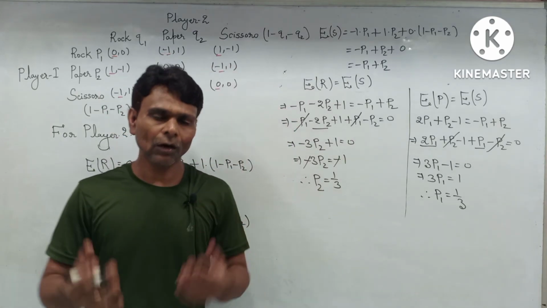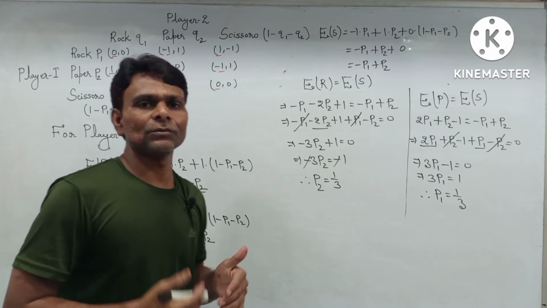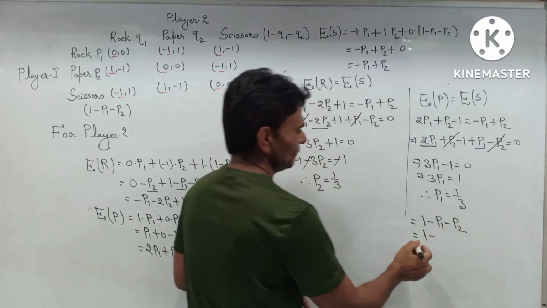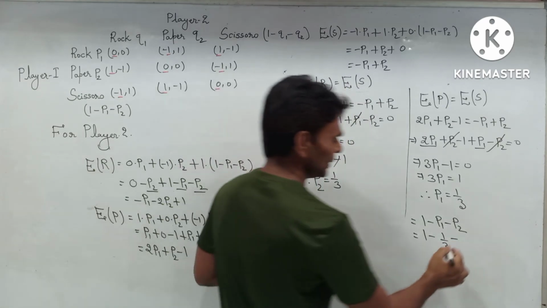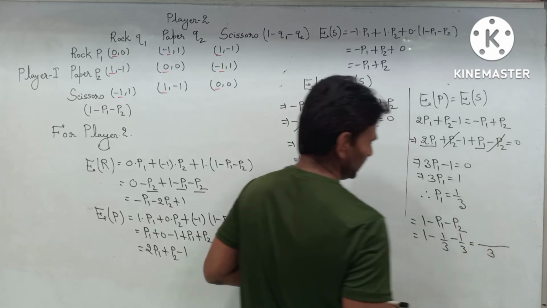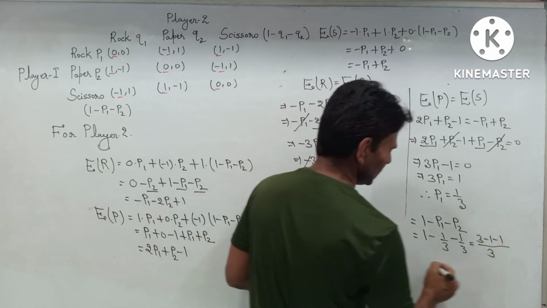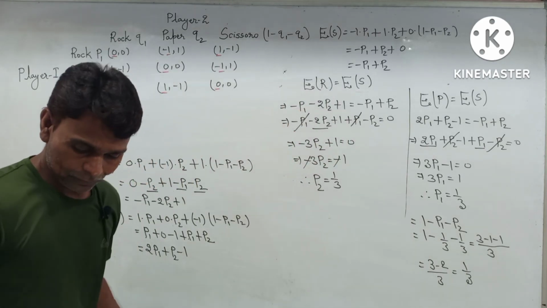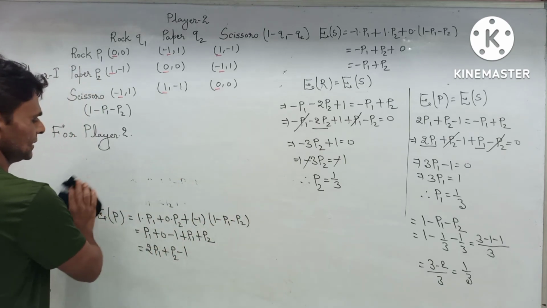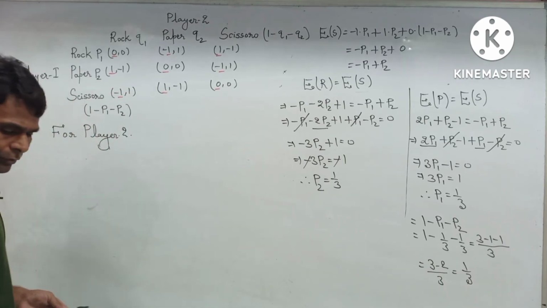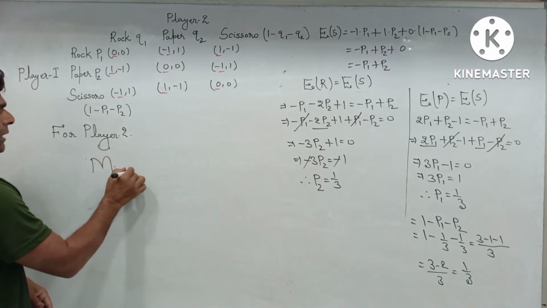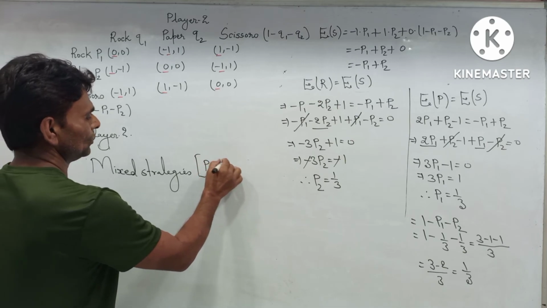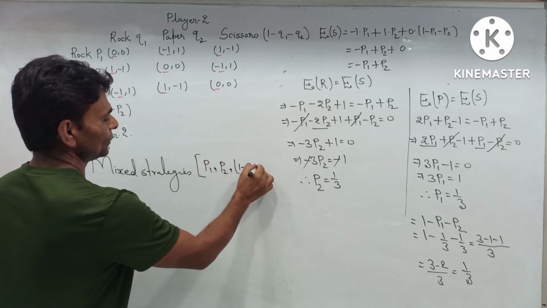And when we got the value of P1 and P2, it becomes so easy to calculate the value of 1 minus P1 minus P2. Substituting the value of P1, which we got as 1 by 3, and P2, which we got as 1 by 3, taking the LCM we get 3 in the denominator, 3 minus 1 minus 1, 3 minus 2 by 3 equals 1 by 3. Now the mixed strategy P1, P2, 1 minus P1 minus P2